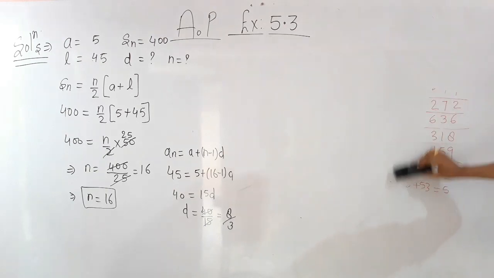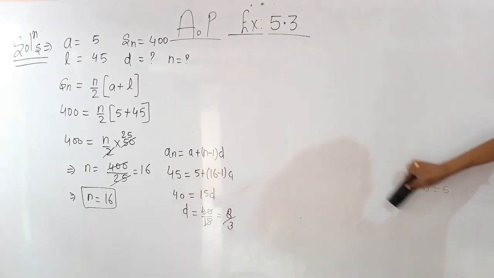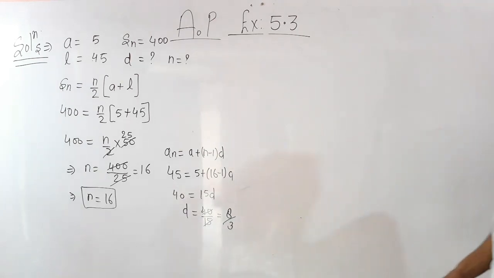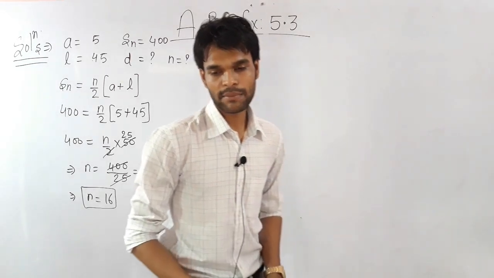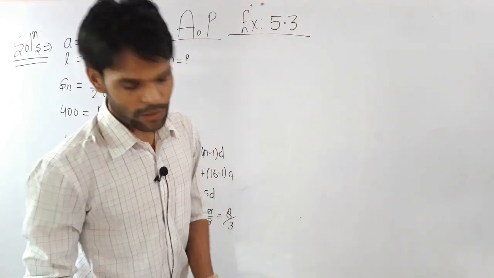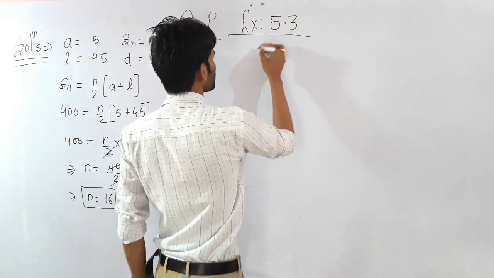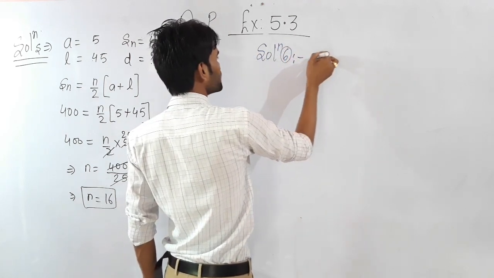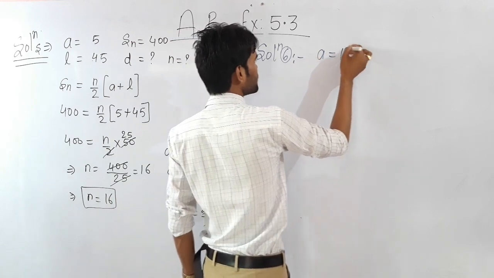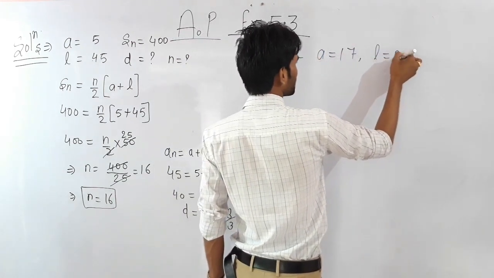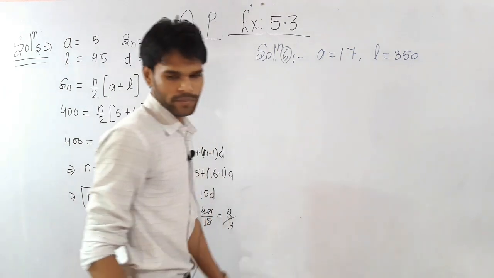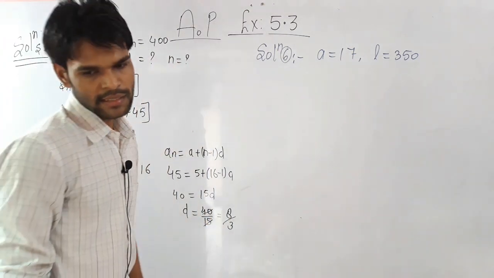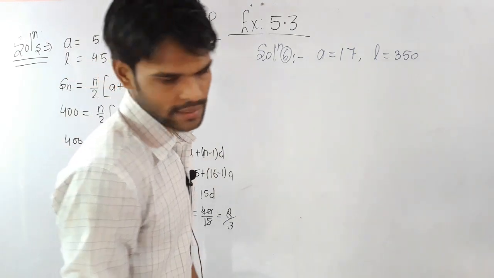Then after you will write the formula that is going to be used in the solution. Then your next step is to start to solve the question. So you are given the first term and the last term of the AP. So it will be solution number 6. First term A is 17, last term 350, and the common difference is 9. Then we have to find the number of terms and their sum.